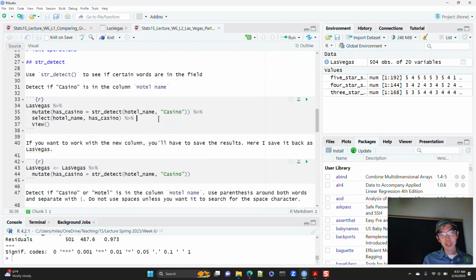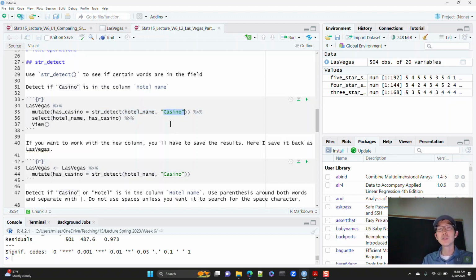And so here, I'm going to use this function called string detect, str_detect. This is part of the tidyverse. And so what I'm asking it to do is look at the column hotel name and detect if you see the word casino.